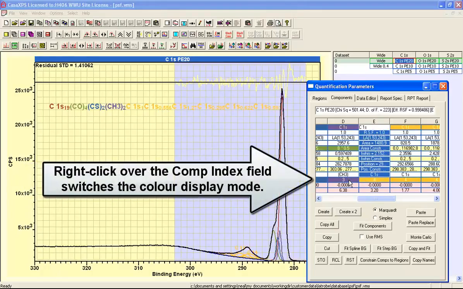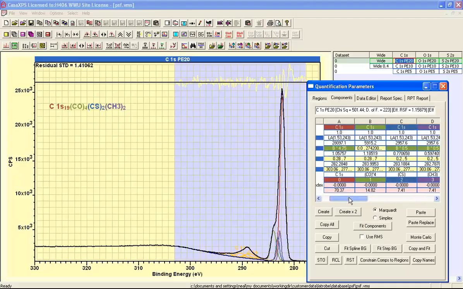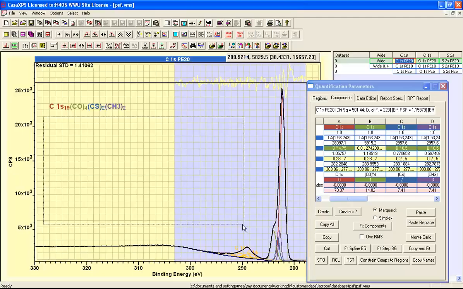And then when I click here, you can see that I end up with all the same color for these ones, and having given them the same component index, I just want to set the relative sensitivity factor to be 0 for all of these, with the net result that it's only reporting the component peaks for which a RSF other than 0 has been entered, so these peaks here. So we're now seeing a peak model